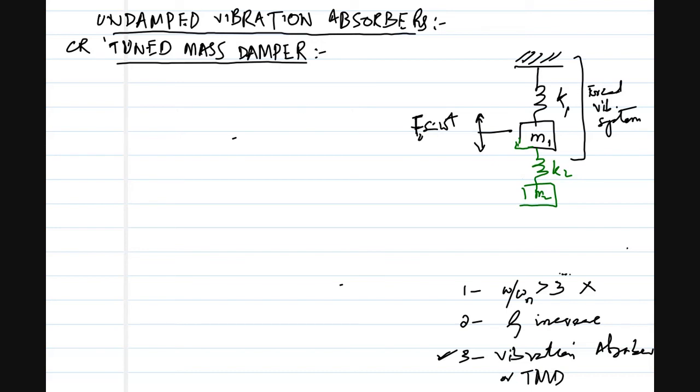This addition is called a vibration absorber. As the word indicates, a vibration absorber tends to absorb the vibration of the main mass, which is M1. The main mass can be a machine or a building or whatever that is. So it tends to reduce the vibration in such a way